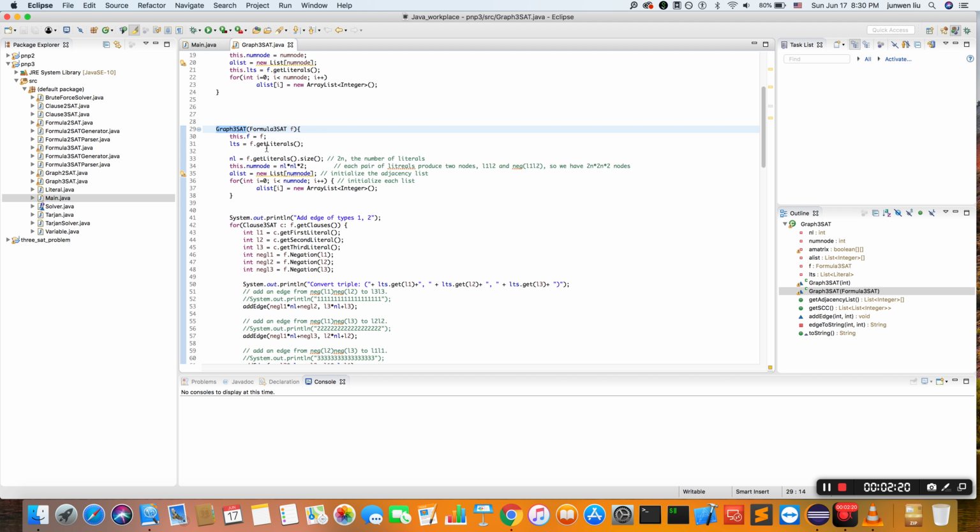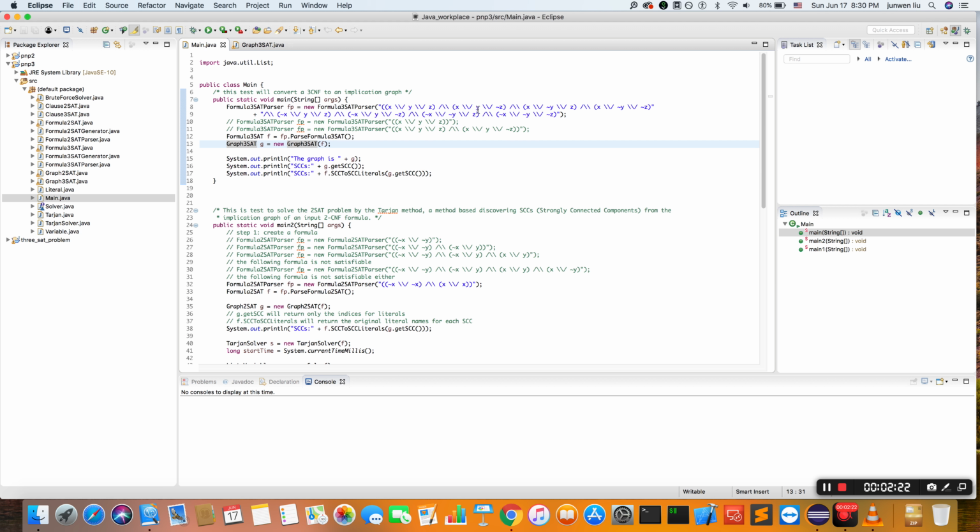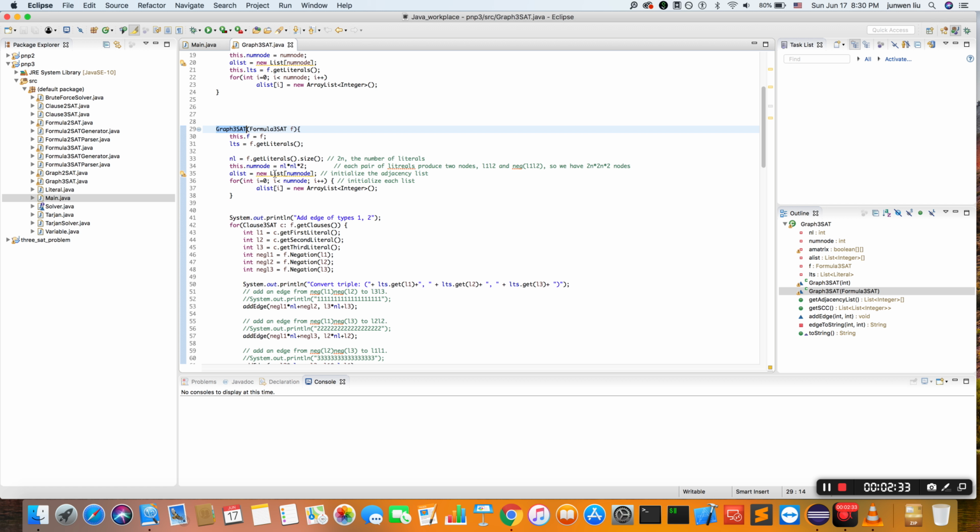Basically, we can see we have three variables, and we have six literals in this formula. So here we can see the size of the literals will be 6. So n now will be 6, and